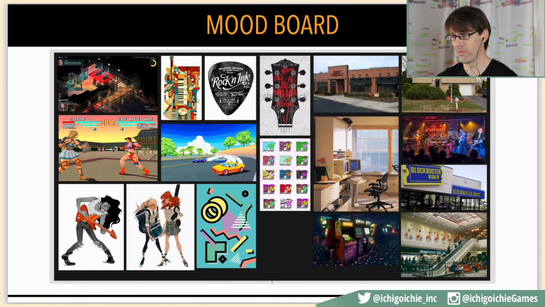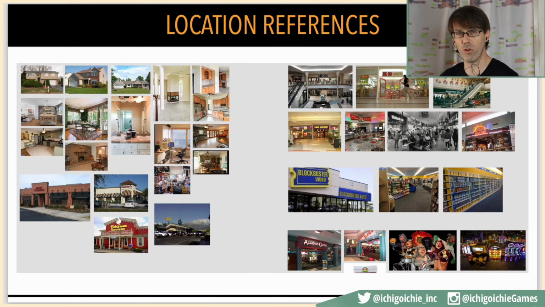So we start out with the location and where does this take place. Backbeat is a game that takes place in suburban Washington, D.C. in 1995. So they have lots of single-family homes. You have shopping malls, chain restaurants and chain video stores, the arcade at the mall with coin-op operated games, and these kind of things that you would visit.